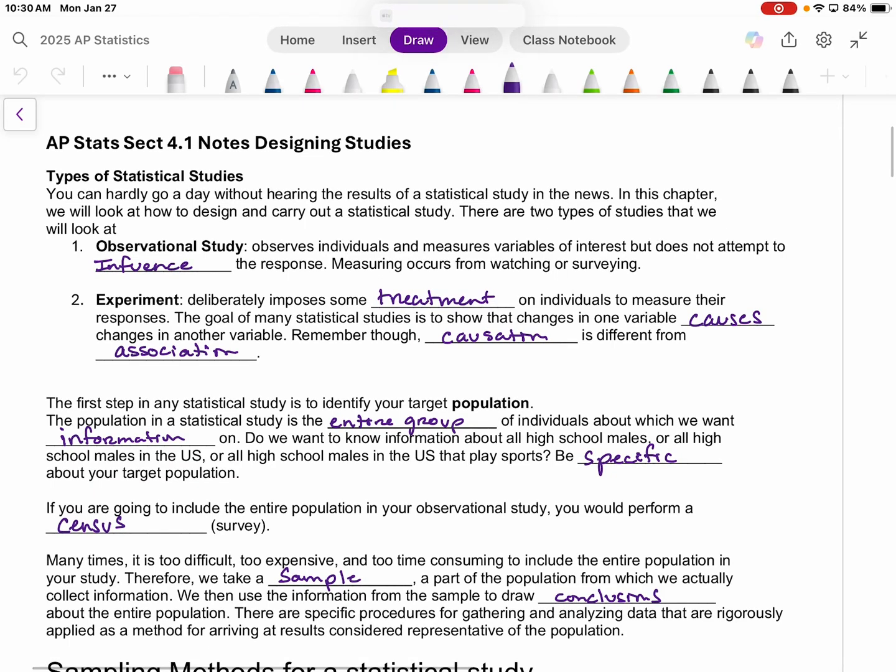So as we start looking at chapter 4, it's basically going through and designing our studies. How are we going to go about designing an observational study or an experiment? How can we do it to try to get as truthful data as possible so that we can make some inferences later on? So as we refer to things later, when we get into chapters 8, 9, and 10